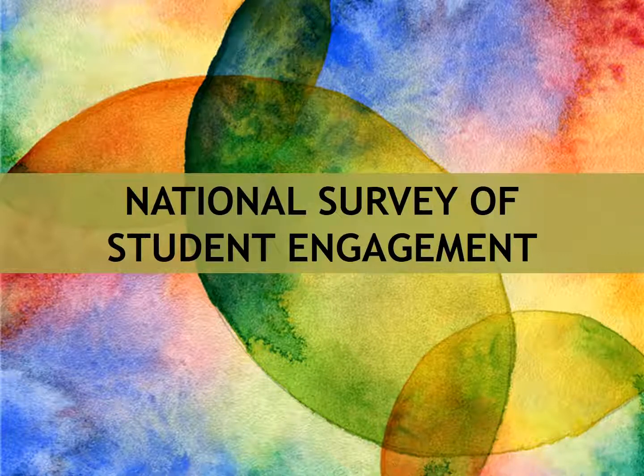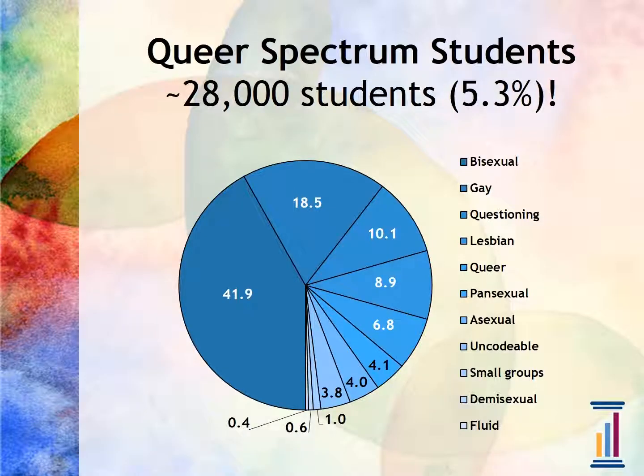Hi, Allison again for NESE. So I'm going to talk about some of the things NESE has found in this investigation of queer and trans spectrum students. First of all, we get a lot of queer spectrum students on our survey. I do want to emphasize 28,000 students about in 2017, so there's a lot of people for us to be looking at that we were kind of ignoring before. Even though it's only 5% of our total students, it's still a big chunk.